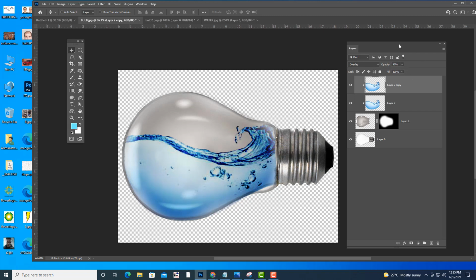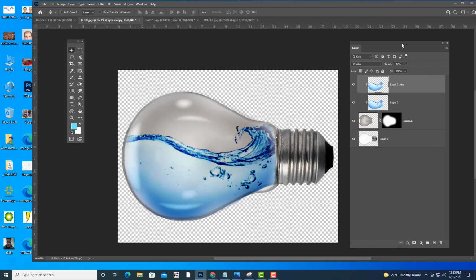Okay, so the next thing we are going to do is put an underwater scene inside this bulb. Here I think we have to paint some parts.